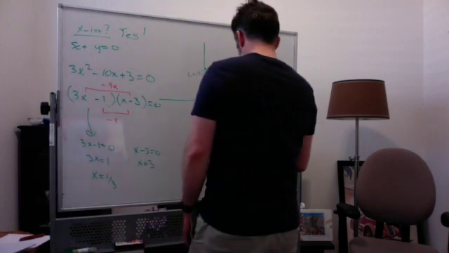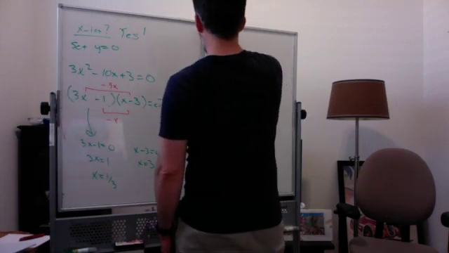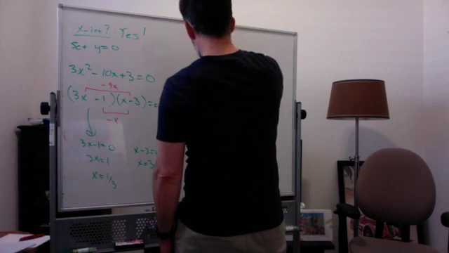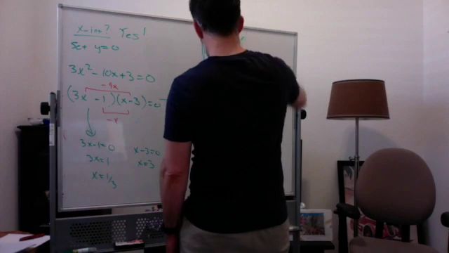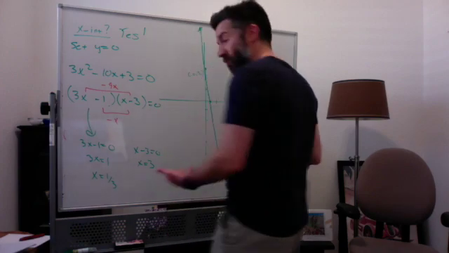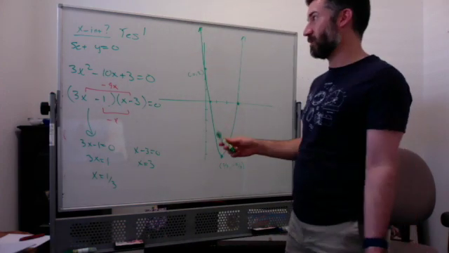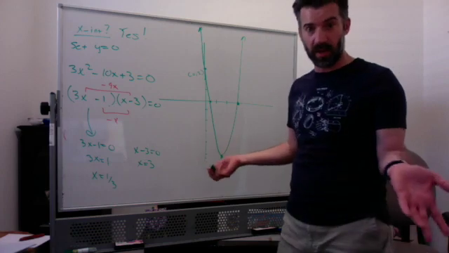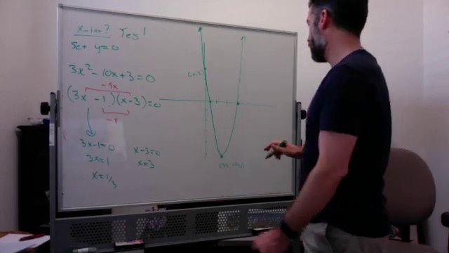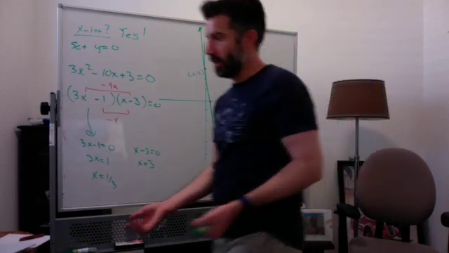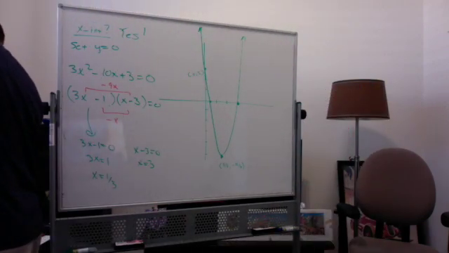So this is where it becomes challenging, especially if you're drawing things nicely. Notice that this parabola looks a lot steeper or narrower than our previous ones, and it's because the coefficient of x squared is 3. The larger that coefficient is, the narrower the parabola gets to be. I will also point out, this always happens, that